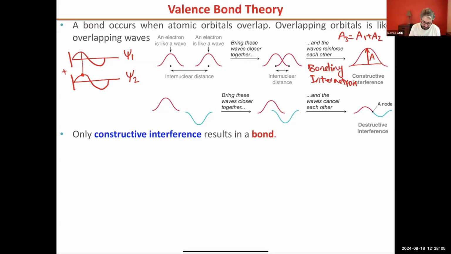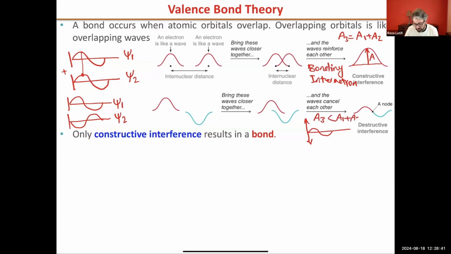The example for it will be this. If this is the first wave, the second wave will be like this, down, up. Call this one side 1, and that's side 2. They are opposite, and we call them out of phase. When you add them, the answer will be like this. You will get a really weak amplitude, or your wave will maybe be like that, a smaller one. So the new amplitude, A3, is going to be smaller than A1 plus A2, smaller than either of those two. And we call it